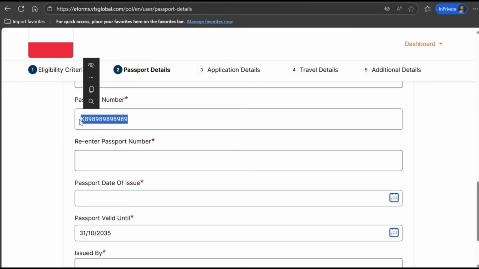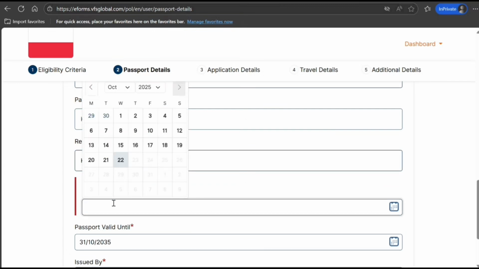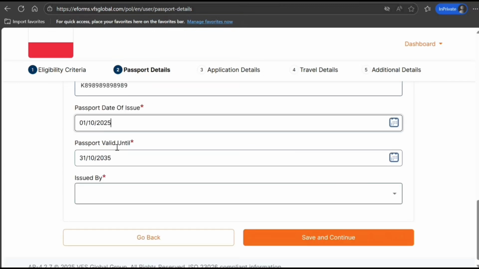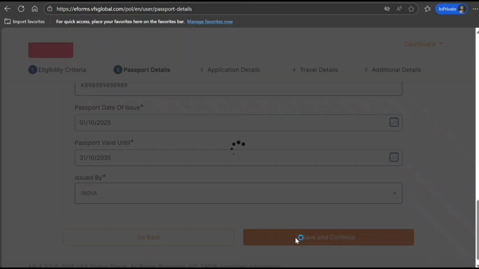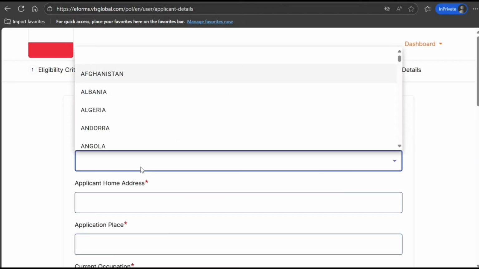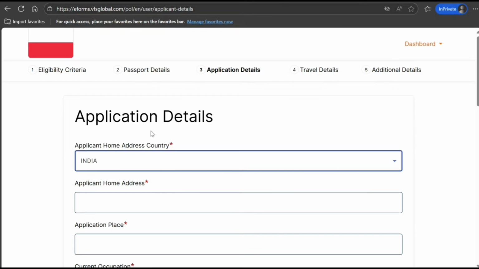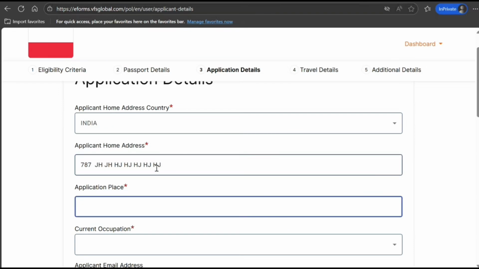Re-enter passport number. Can I copy paste? Absolutely not. Date of issue. Issued by. Application. Home address country. So basically the same, that PDF form also you can fill up, but yeah, I'm just trying to generate the form. Application place,